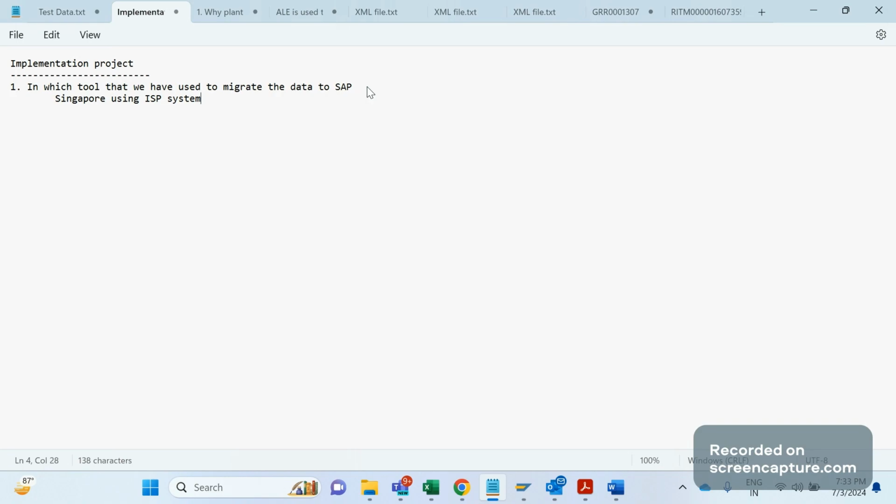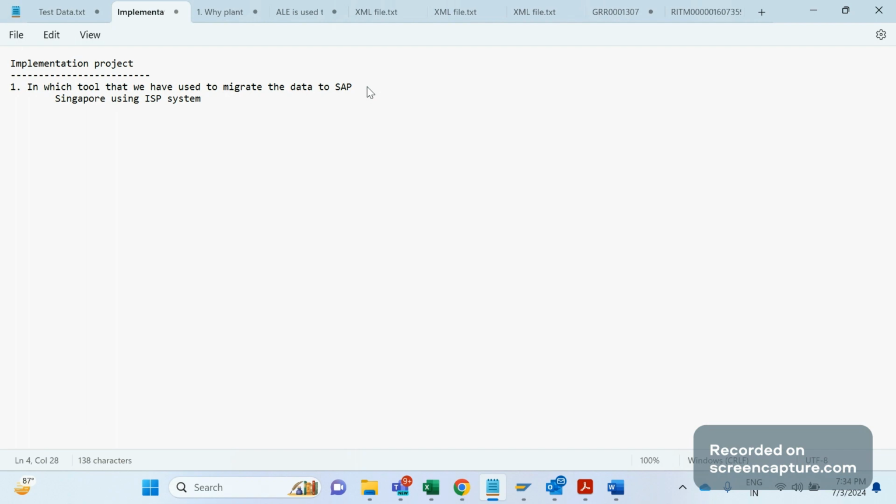In an implementation project, not only the SAP SD team will work; the finance team will be there, the P2P team, MM, PP and QM will be there. So many different teams will be involved based on the requirement of that country or client. And coming to the migration of the data, if you receive this question in the interview, then we can simply answer that there is a separate team available to migrate all the data from the non-SAP system to the SAP system.